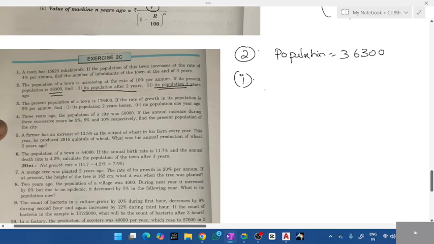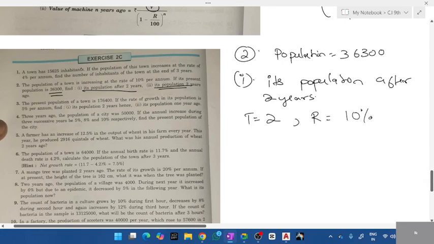36,300. First thing, it's population after 2 years. Look, I'll tell you how to write an exam. You just have to copy the same thing. It's population after 2 years. So what's the time period given? Time is equal to two. Rate is equal to 10. Yeah, it's population after 2 years, right? So you have to write population here. Population is equal to,